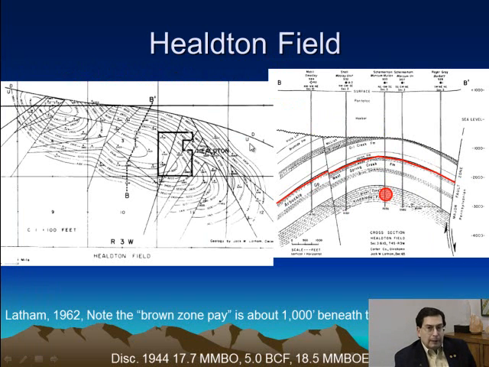Let's look at a large field now in a more down dip position, Healdton Field, which is in a place where the brown zone, here's the top of the Arbuckle, this is the Knox unconformity, and this is one of the cases where there's limestone intervening down into the brown zone, which is a dolomite zone. And so here is a case where there is significant production on a structure that's far down, 500 to 900 feet from the unconformity. And this is what happens in some of the outer ramp settings and also going into some of the aulacogens.